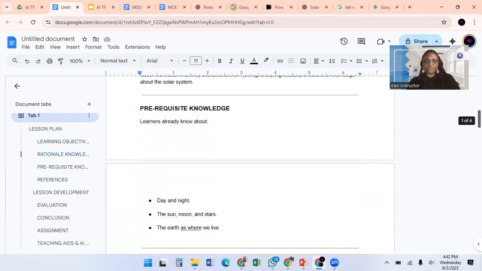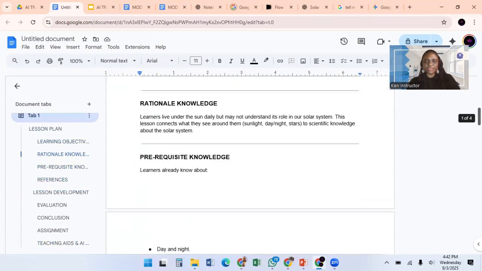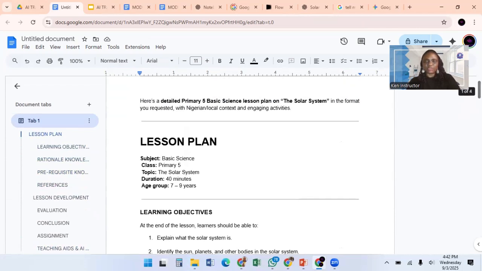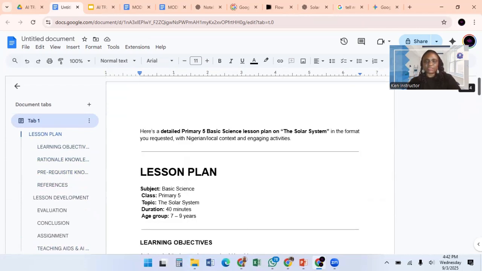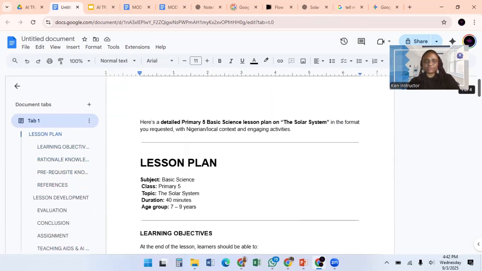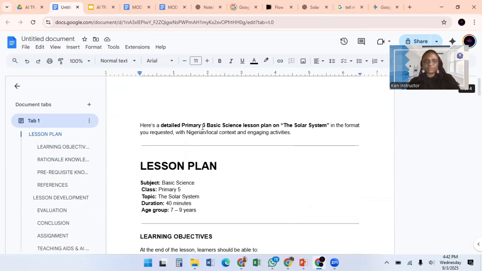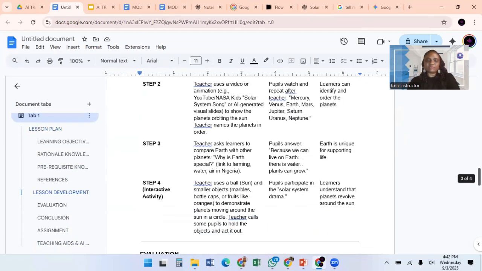All you need to do, like I said earlier, is to take your time, read through and make sure that it's okay. You can remove, you can add whatever you feel. Okay, so here is a detailed primary 5 basic science plan on. So you format it, finish it up like you would do your normal lesson notes. Maybe you need to add your school name at the top here